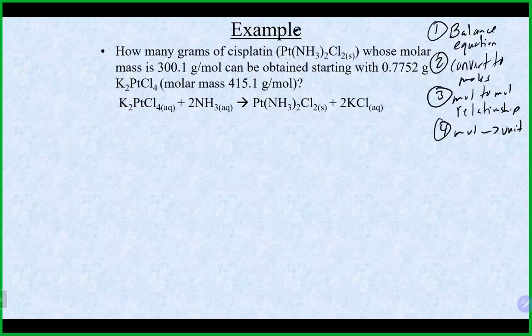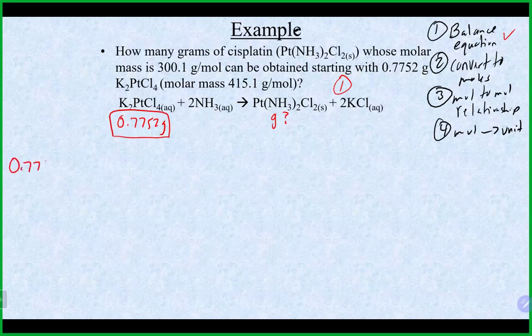Okay, so let's take a look. Once again, we have 0.7752 grams of this guy, and we want to end up with the grams of that one over there. All right, so we're going to balance the equation, which it is, thank goodness, because it looks kind of scary. The next thing we're going to do is convert what they gave us into moles, which we do need to do. So we will start with our 0.7752 grams of